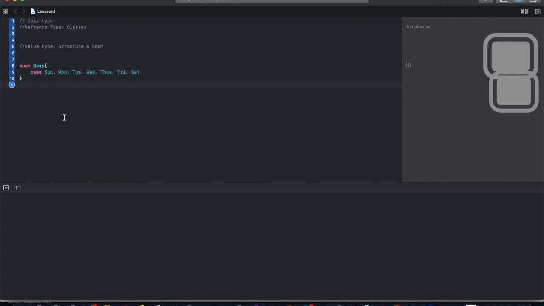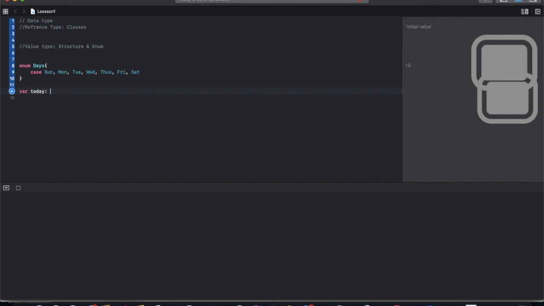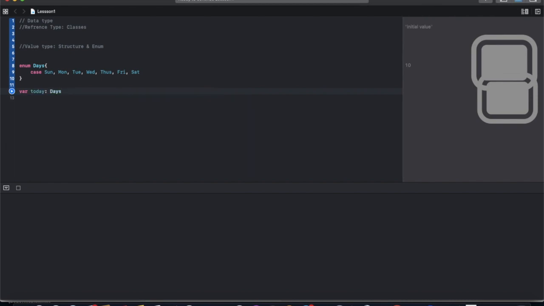Now we use the days enum. Firstly, we declare a variable with the name today, and the type annotation, the days type. Before this, we were just using the primitive types: integer, float, string. Now we are declaring our own type.